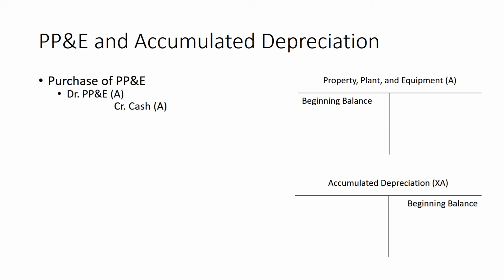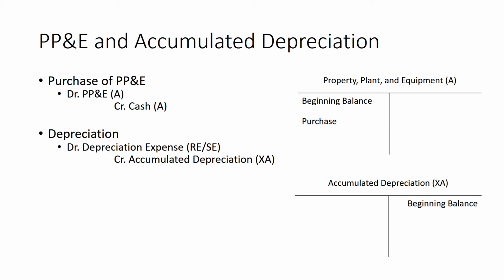When we purchase PP&E, we would debit PP&E and credit cash. Hence, the purchase amount goes on to the left or debit side of our PP&E T account. During use, we'll take into consideration depreciation expense, and we would debit depreciation expense and credit accumulated depreciation. Therefore, the amount that goes into the depreciation expense gets recorded on the right-hand side of our accumulated depreciation contra